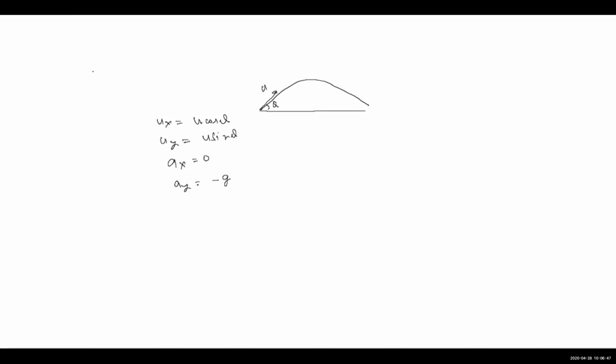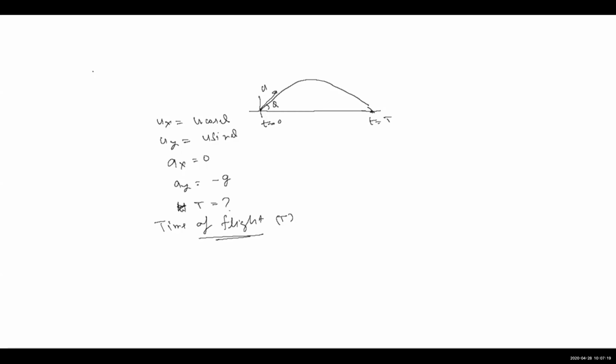So the first thing we need to calculate is the time of flight, capital T. We need to calculate how much time this projectile will take to land again onto the ground. It is shown from t equals 0, and it will be landing at t equals capital T.